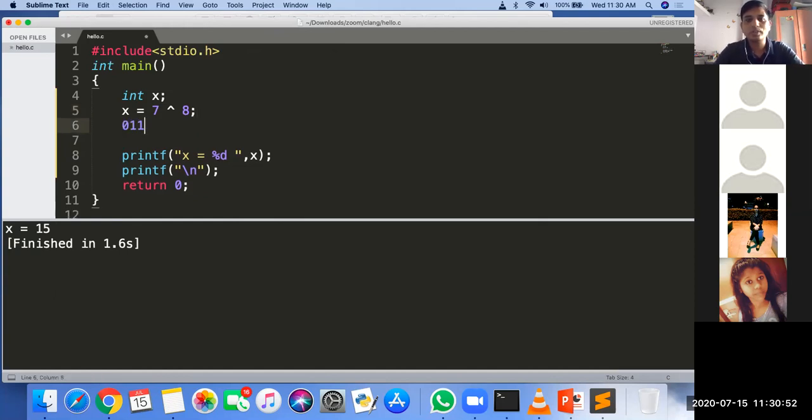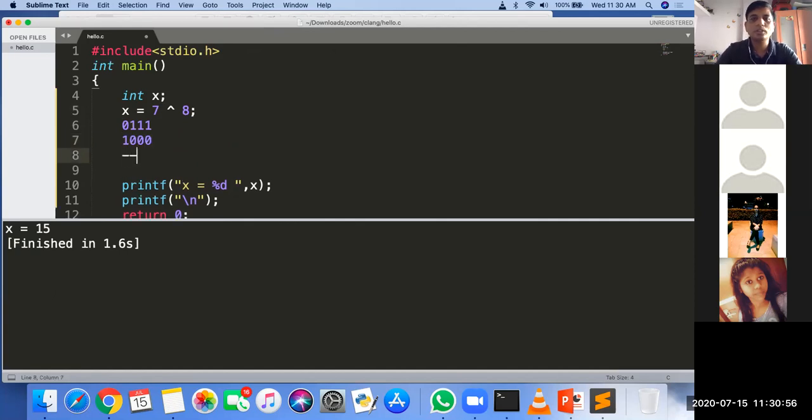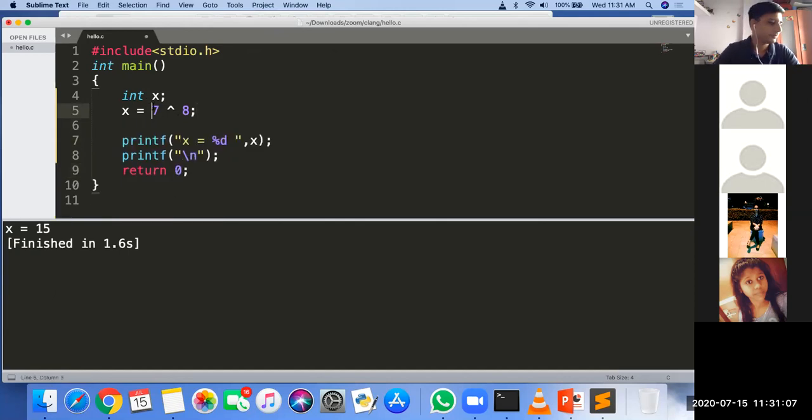So 0, 1, 1, 1 XOR with 1, 0, 0, 0. If you know the bitwise XOR operation truth table, then you can easily get the answer. Okay, now the next one is